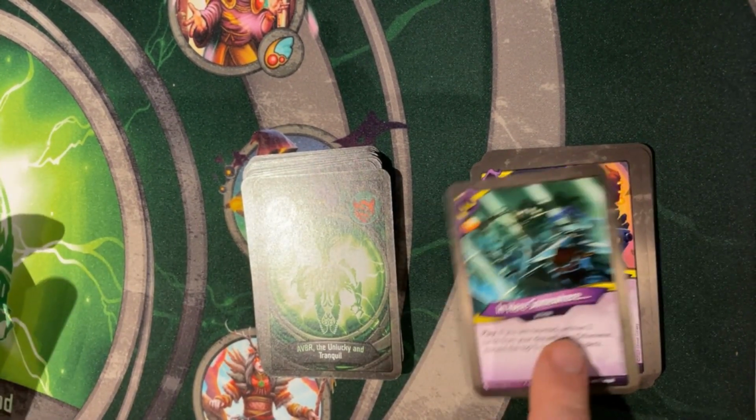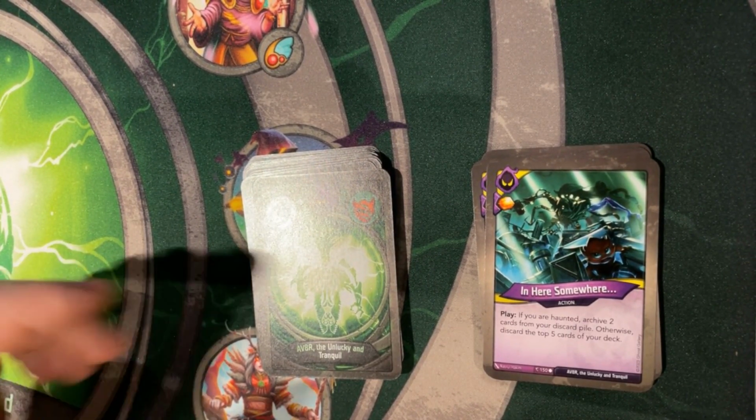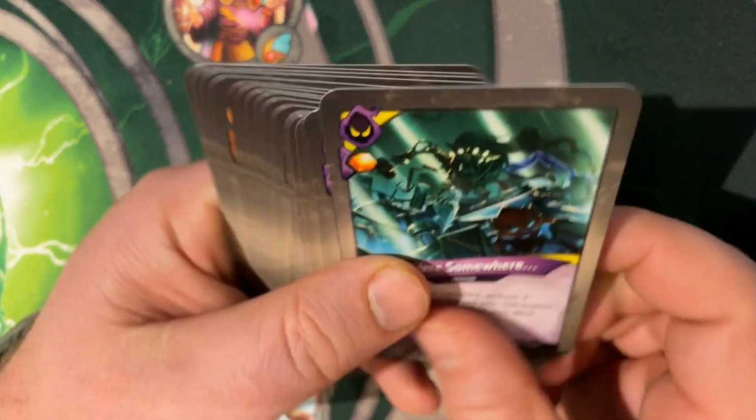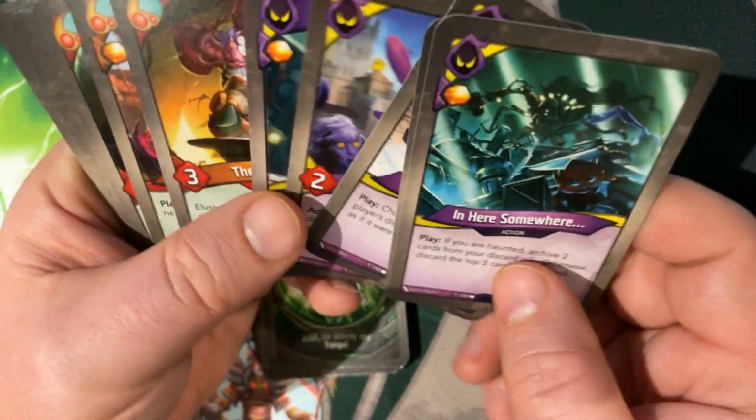In here somewhere is an action with an amber. When you play it, if you're haunted, you archive 2 cards from your discard pile. Otherwise, discard the top 5 cards of your deck. 2 cards from your discard pile. You get to pick which ones. So you could get back BR Geist or...